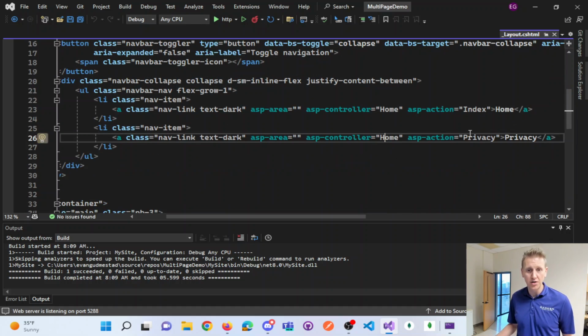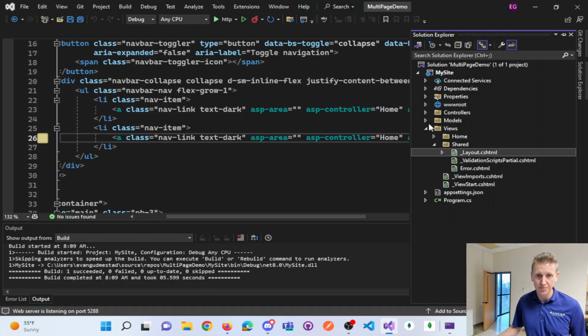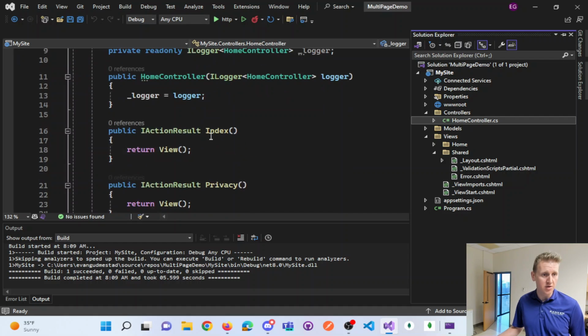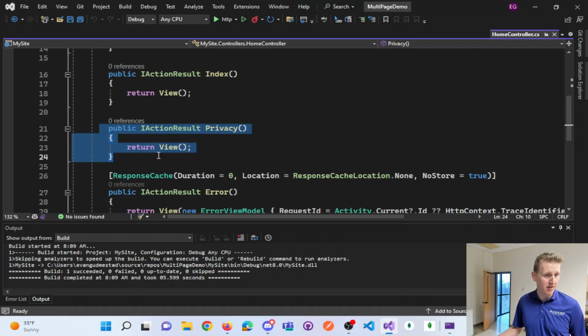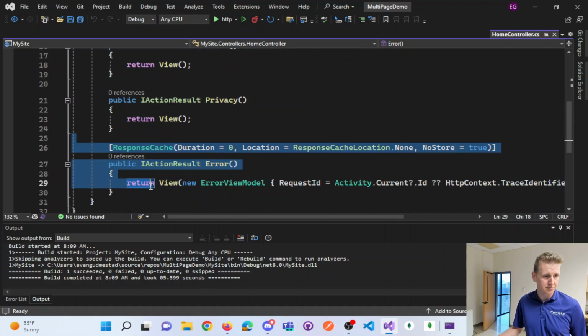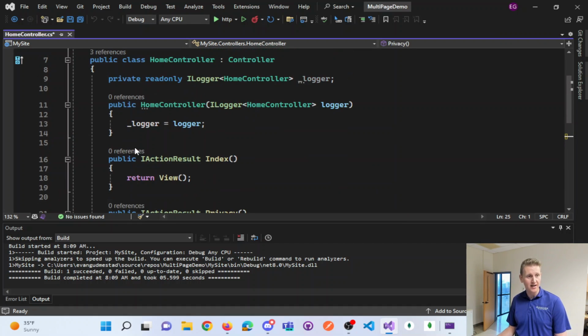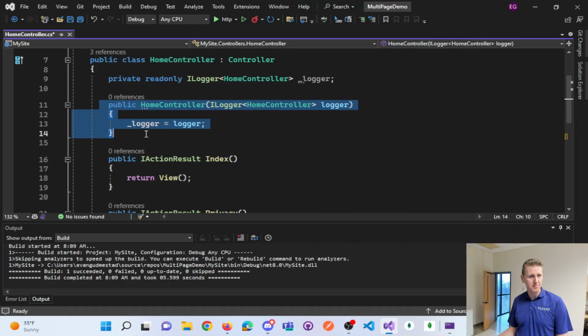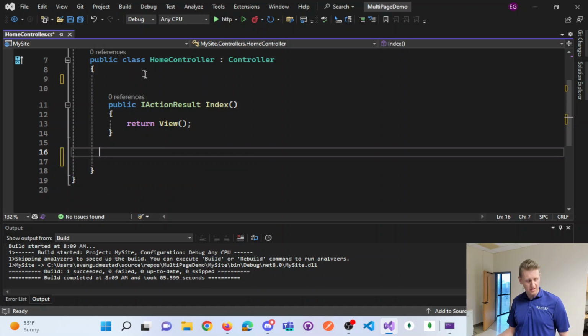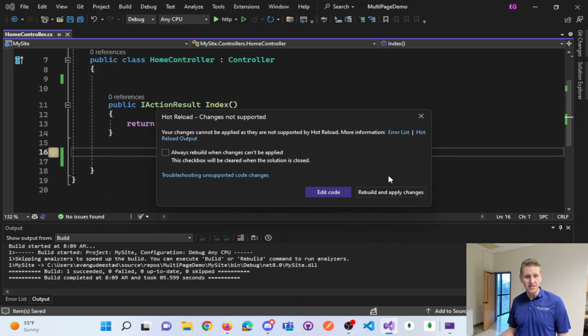And so if you look at the home controller, we can see two methods that were being used here. One is this privacy method, and one is this index method, and neither of them are doing much. You can see this has 0 references dealing with errors. We can delete that. And here's something about a logger. I think we're okay to delete that as well. I'm going to delete this privacy, and therefore I'm going to delete